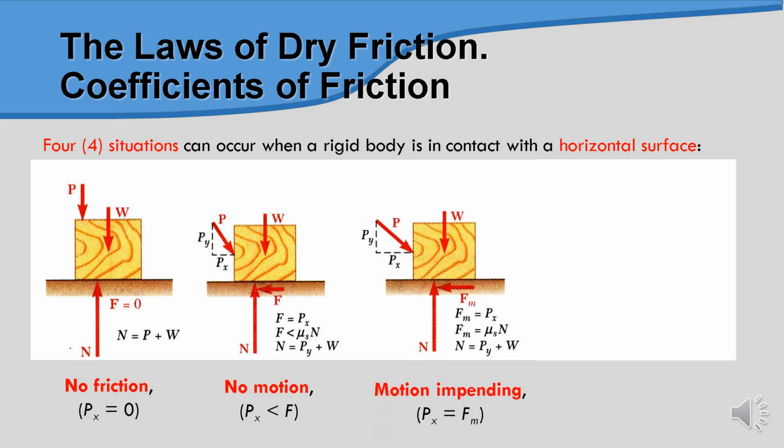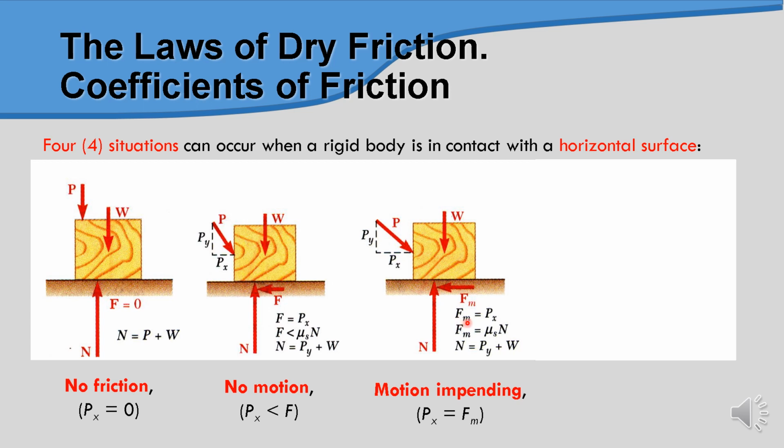So the next condition is a motion impending. So we can see that the block is about to move here. We draw a free body diagram. So we look at the x-axis and y-axis. In case of the y-axis, we determine the value of n, which is the same as the previous diagram, which is Py plus W. And then we compute the value of static friction, that is n multiplied by mu s, and we have